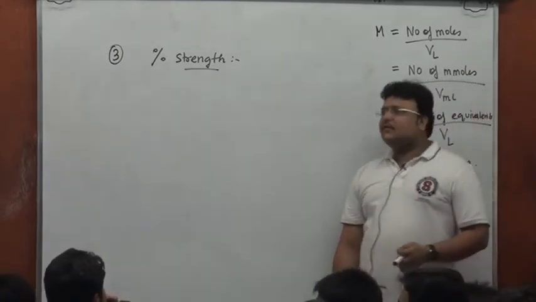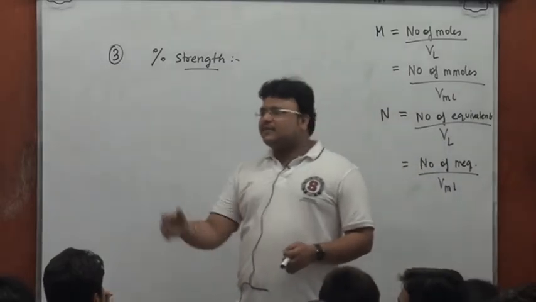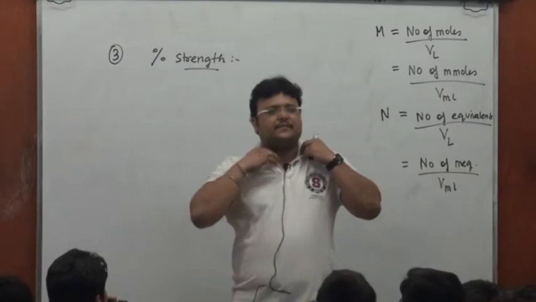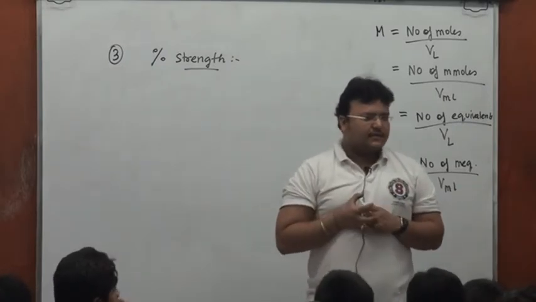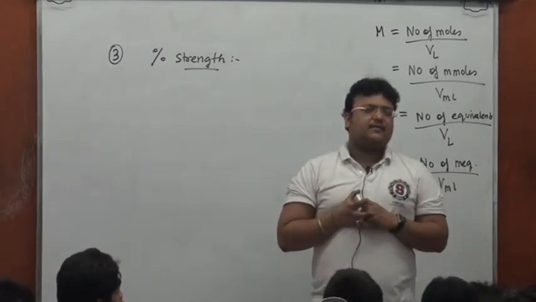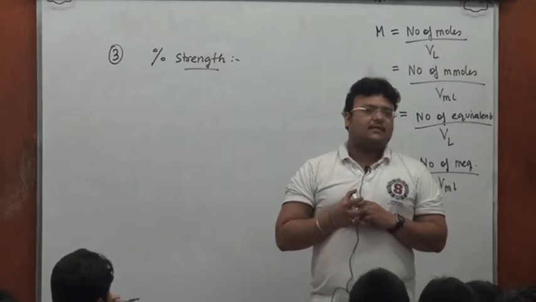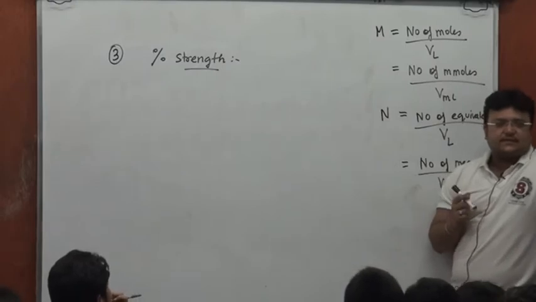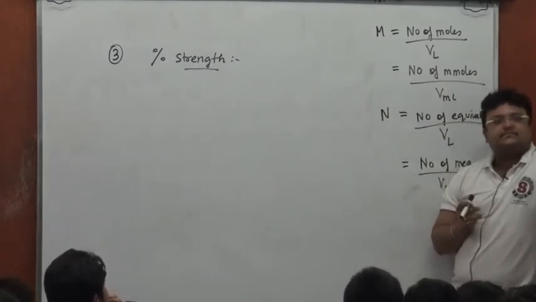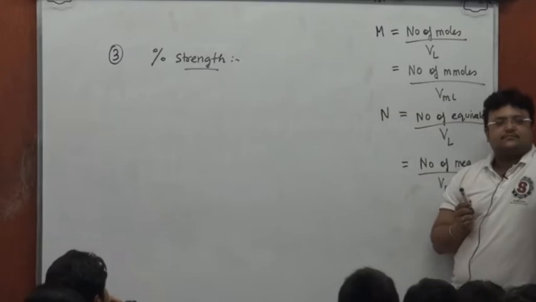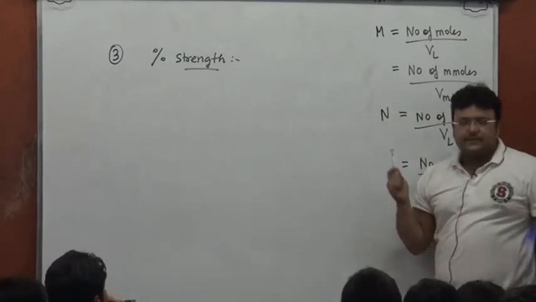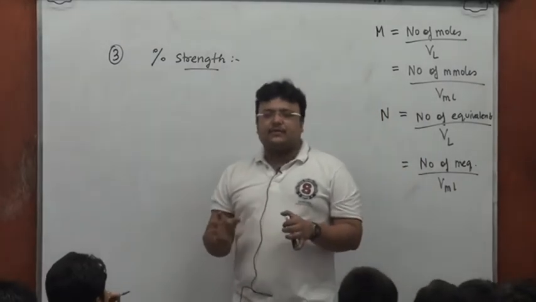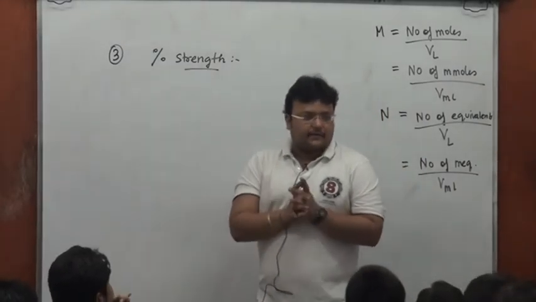Number of grams of solute per 1000 grams of the solvent. That sounds more like it. All right. So percent strength: mass of solute in grams by mass of solution in grams. Maybe another way of narrating the same. Percentage is always going to be in terms of 100 particles.